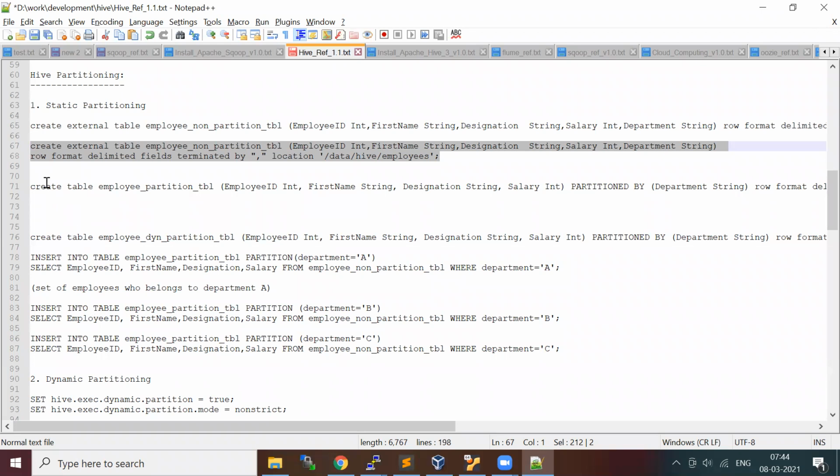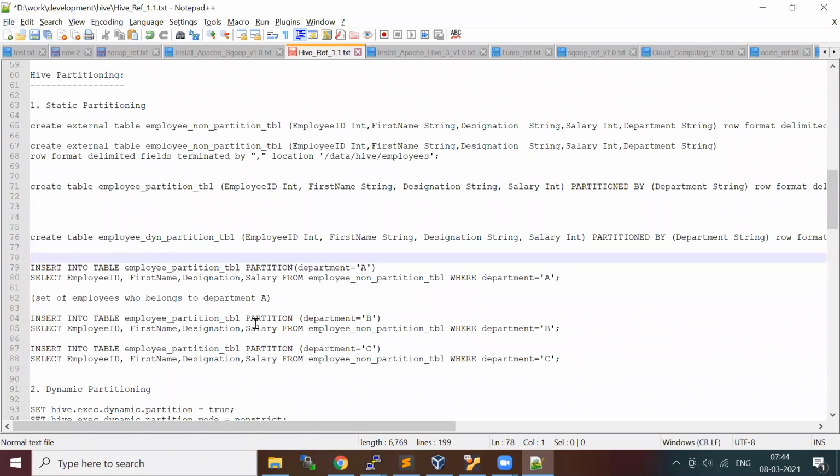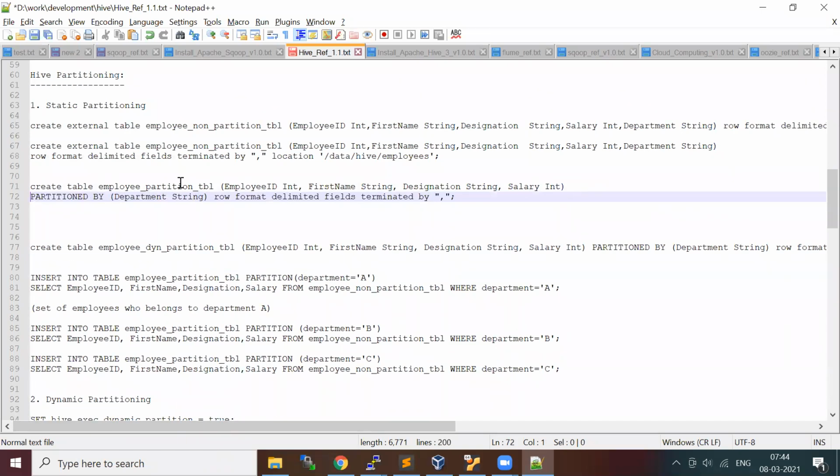Now I'm going to create a partition table, which is a static partition. What I will do is take the employee table, all the columns except the department column, because the department column I'm going to consider as a partition column.